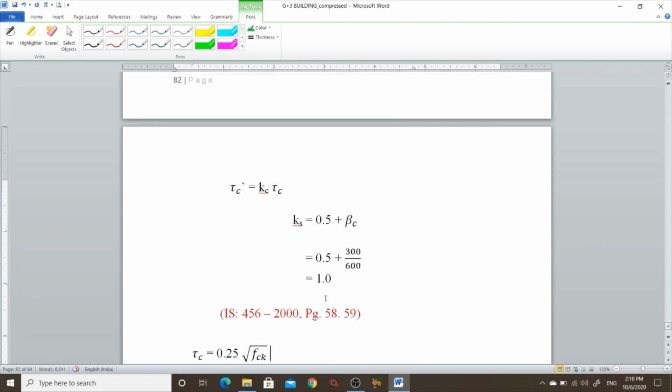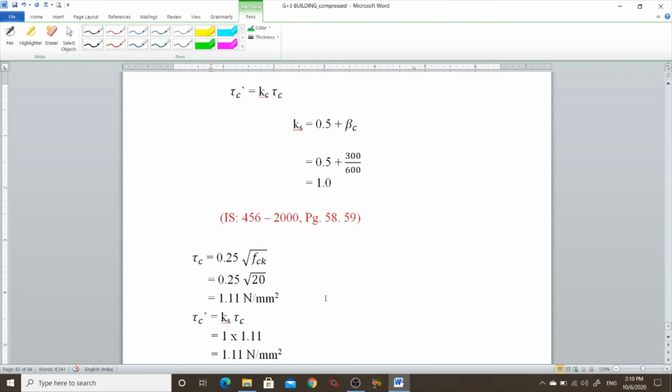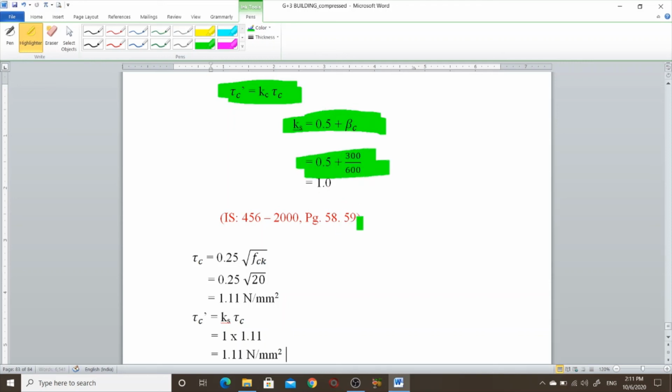In the two-way shear check we will find tau c dash. Tau c dash is equal to Kc into tau c. Kc is 0.5 plus beta c, where beta c is the small dimension of the column divided by the largest dimension of the column. So Kc is 1.